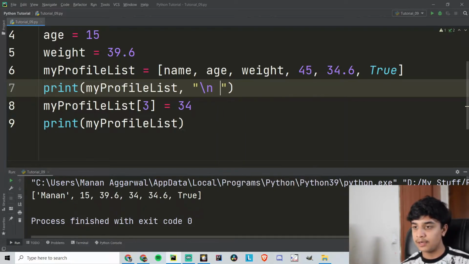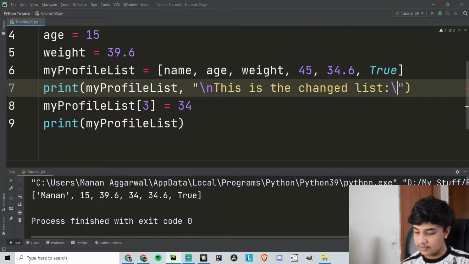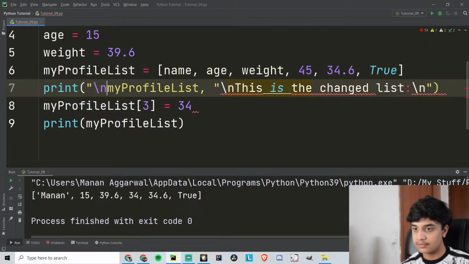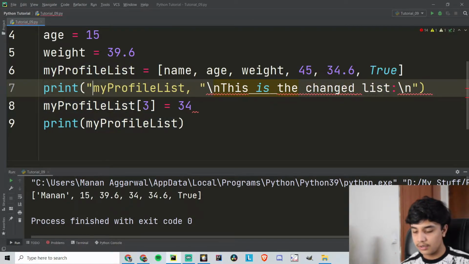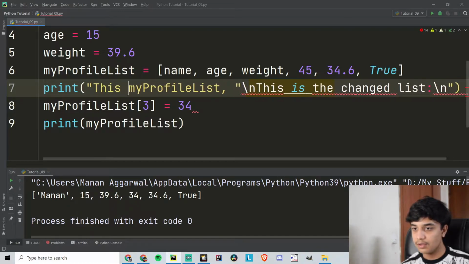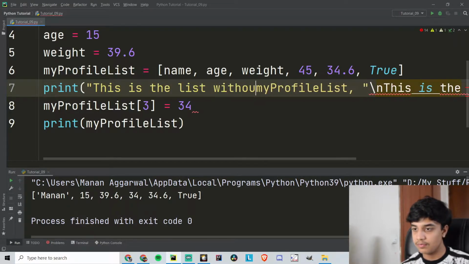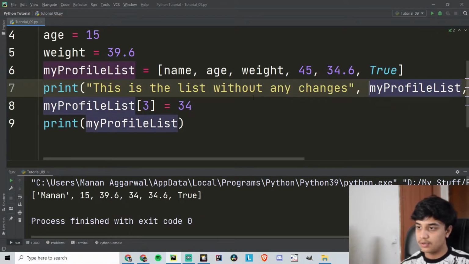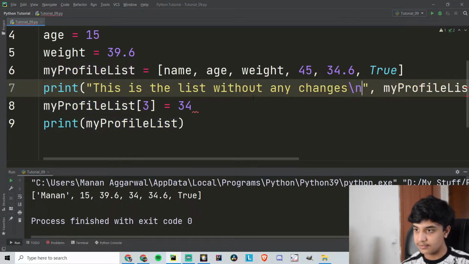Then I can print, let's say, "this is the list without any changes", and before printing I want to add a new line character, \n.